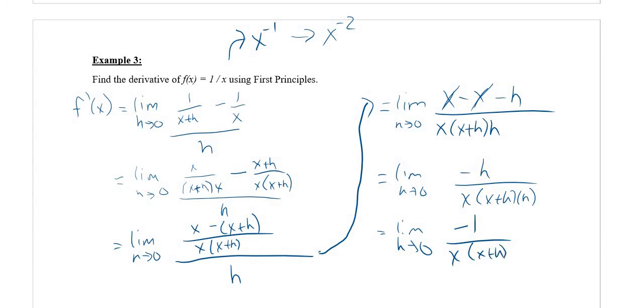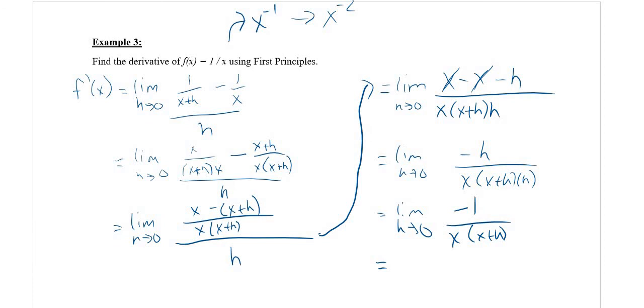Now you notice we haven't gotten rid of all the h's in the bottom. But in this case, it doesn't really matter because our big objective isn't to get rid of the h's. Our big objective is to avoid dividing by 0. And in this case, if we plug in 0 for h, it becomes x plus 0, which is x. So it's not really an issue here. So we get negative 1 over x times x plus 0, which is just x. So it becomes negative 1 over x times x is x squared,